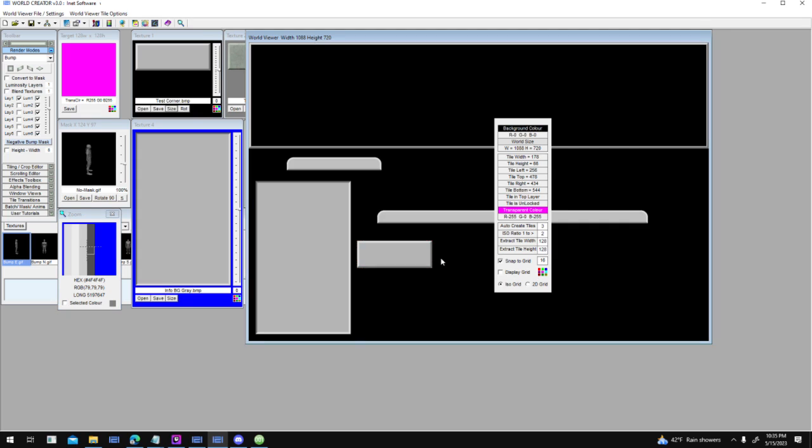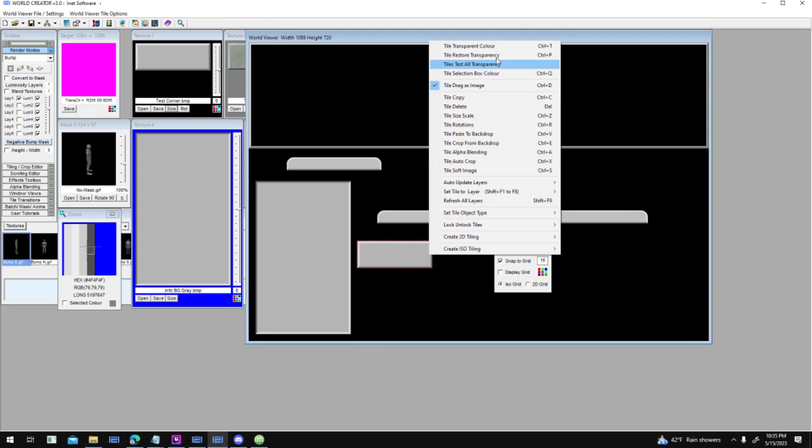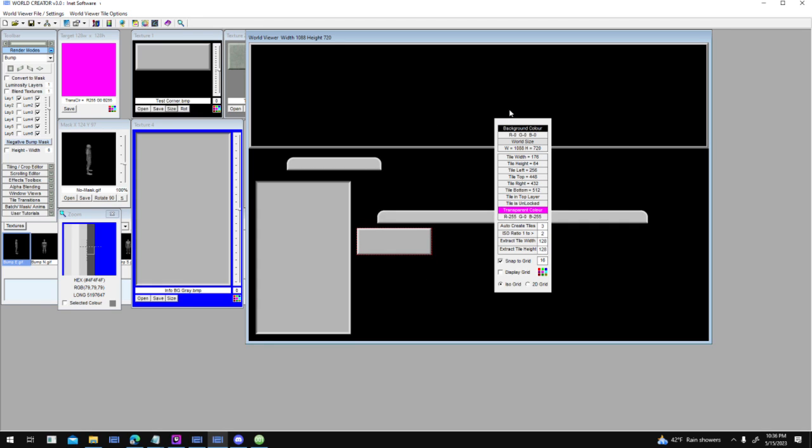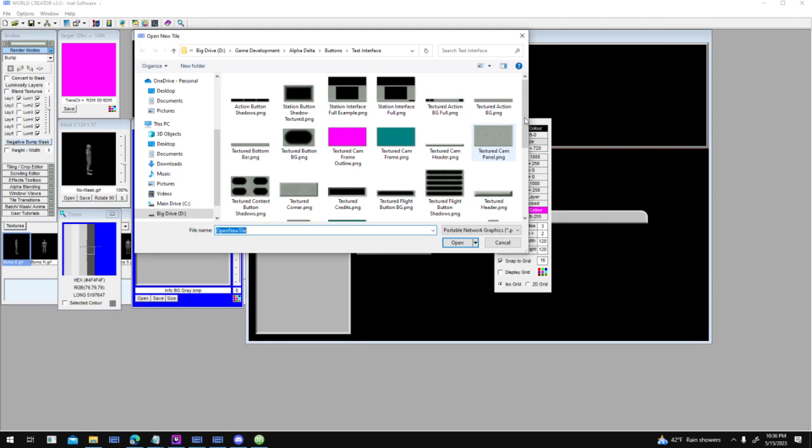So what I have to do is right click on it to restore transparency, and there's a really thin spot that I can click on the edge there, which I missed. It's very hard to get that right. Come on, one pixel up. There we go. Now I can actually crop that to the right size, 176 by 64. So there's one more piece,